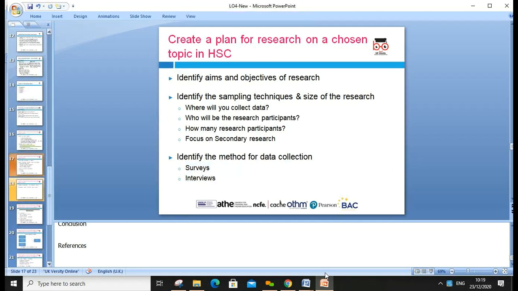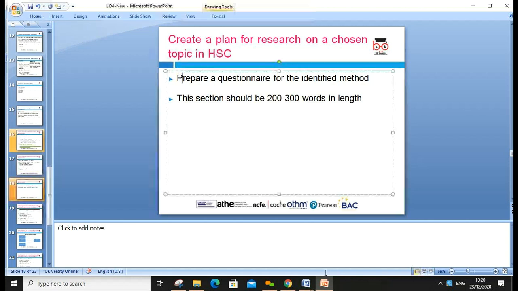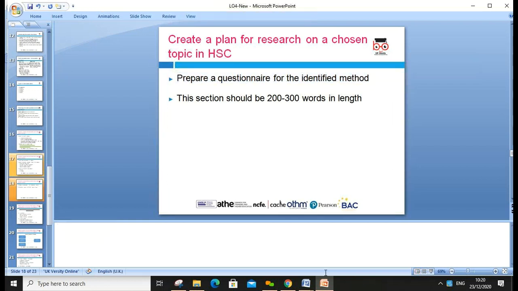Maybe we're not really doing research. We just want to develop our secondary understanding. Create a research plan, so prepare the questionnaire. I will send you some questionnaires as well. The questionnaire section should be 200 to 300 words. We can write about the questionnaire. It can be